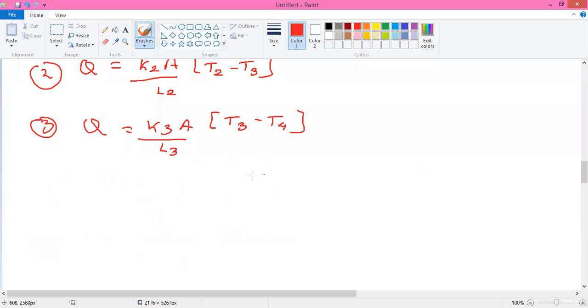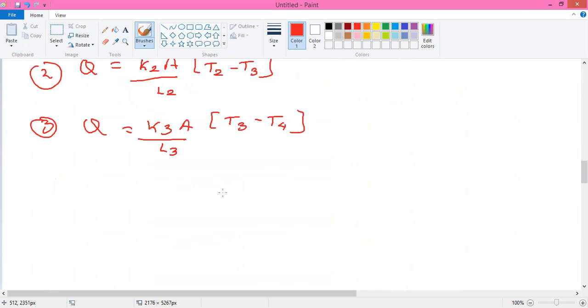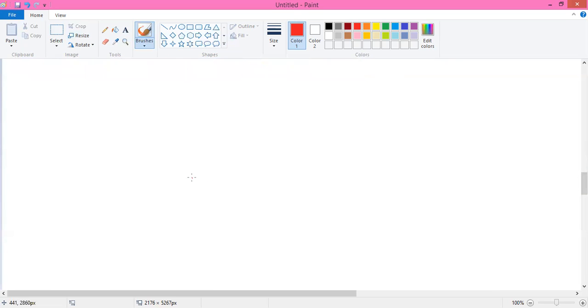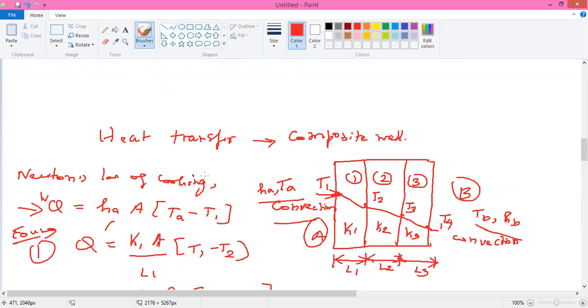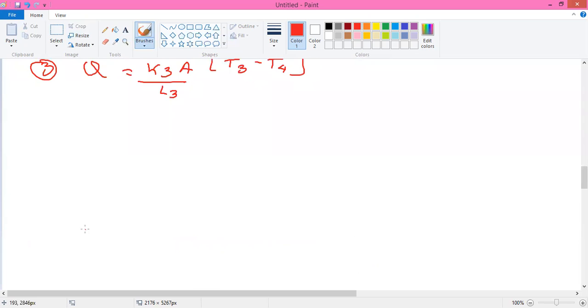Okay. So we know the heat transfer on the convection side, that is Q equals next. First you find the Newton's law of cooling, then the first element based on conduction, the second element conduction, and 2 to 3 is another conduction. Again 3 to B, the surface is again convection. So use the convection formula, that's Newton's law of cooling.